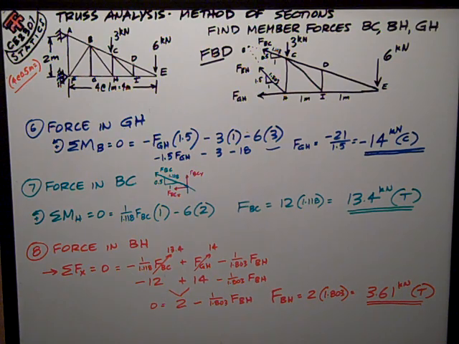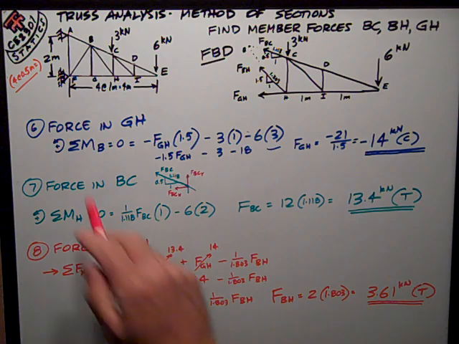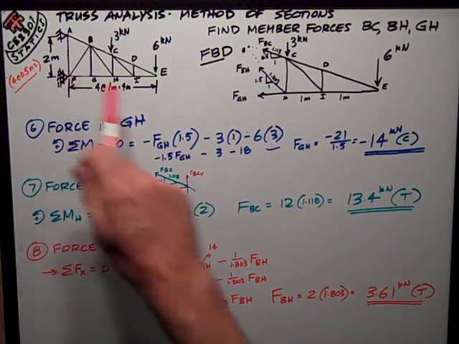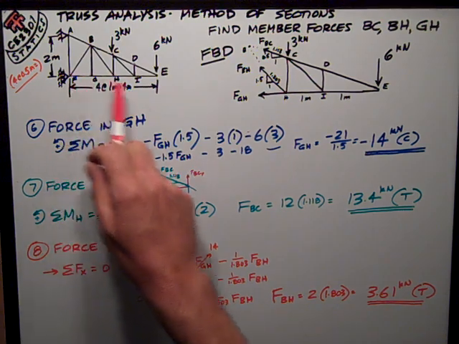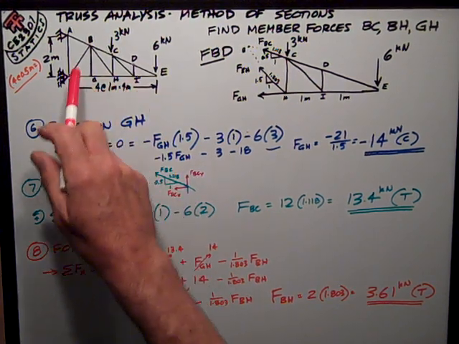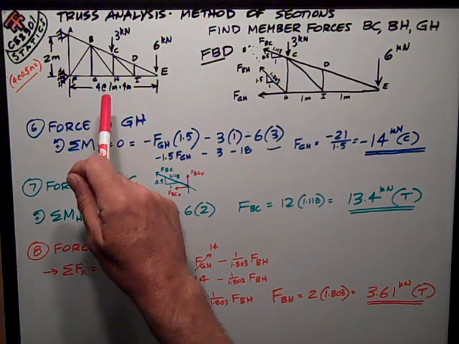The second problem was truss analysis by the method of sections. We had a triangular shaped cantilever truss with 4 bays, or panels as I call them, and the configuration was this. To talk about